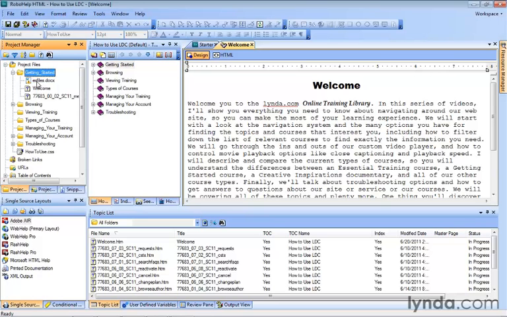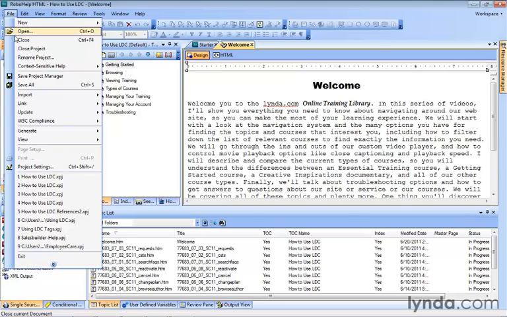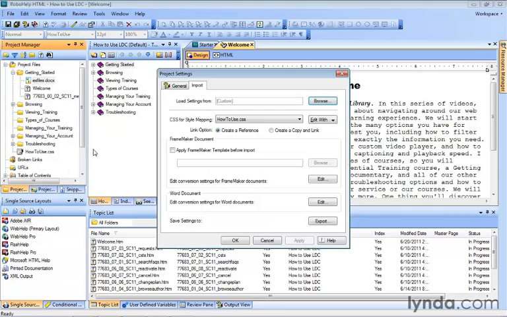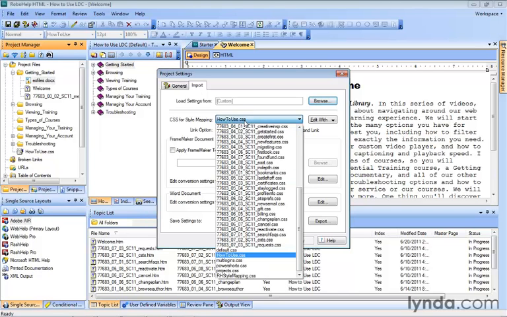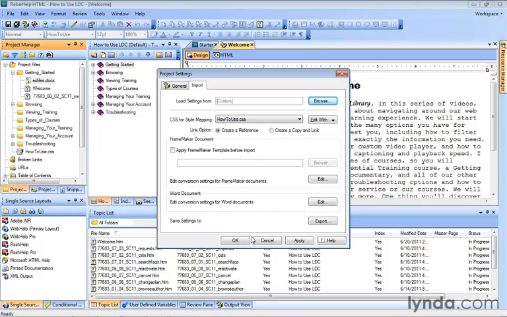So to do that, let's just go to xfiles here, .docx, make sure it's selected, and then go up to File and go down to Project Settings. From here, make sure Import is selected, and then make sure the CSS for style mapping is the howtouse.css. So that's perfect. Now we know that it's going to take on the attributes of our How to Use CSS,